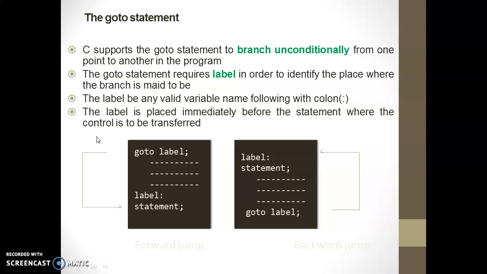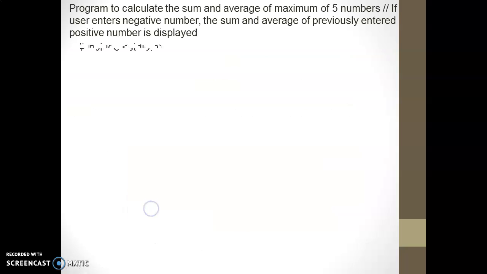The label is placed immediately before the statement where the control is to be transferred. Whatever you want to execute after the goto statement, before that statement you have to write the goto label. So for example, over here, goto and then label, semicolon, and label means the name of the label where the goto will jump. Okay, this is the place where goto will jump.